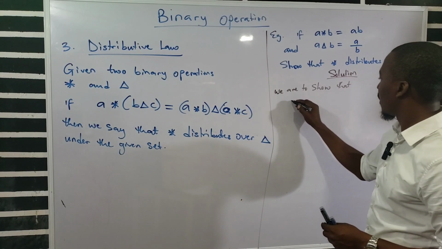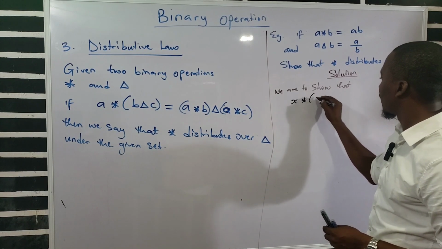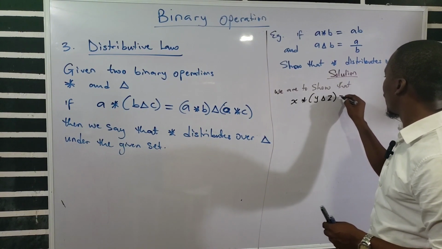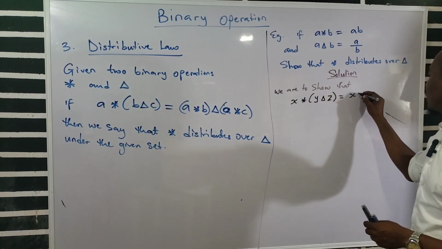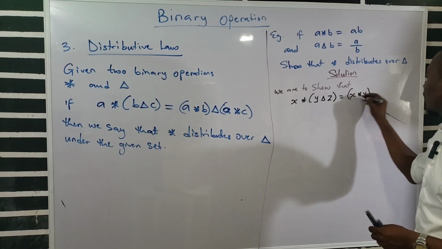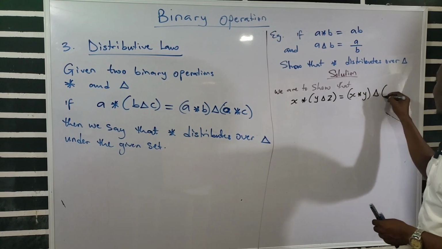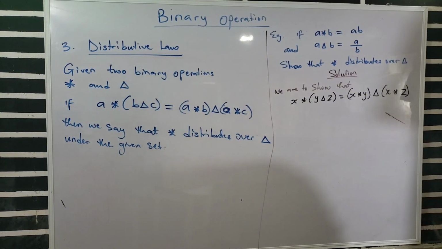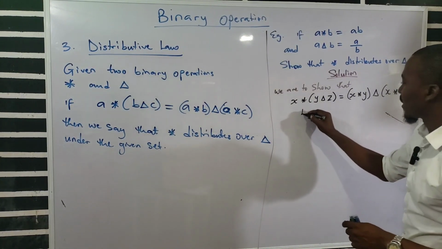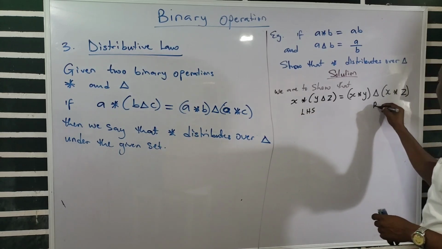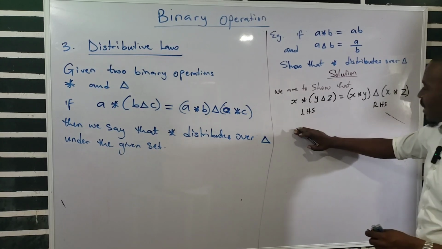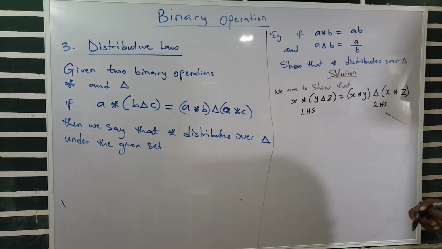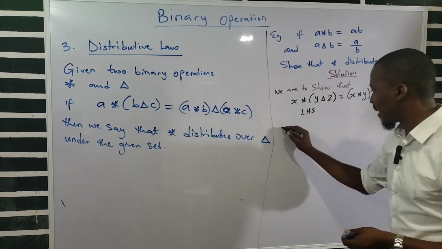that X binary (Y binary Z) will give us (X binary Y) binary (X binary Z). Okay, so this is what we need to show. So this is our left hand side and this is our right hand side. So we are going to do the left hand side and do the right hand side and check our answers whether they are the same. So on the left hand side now,